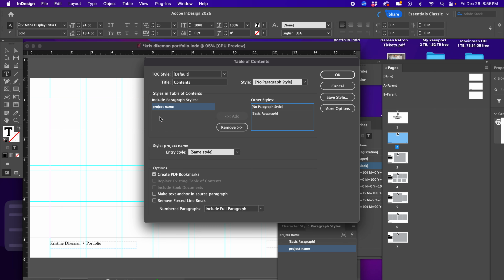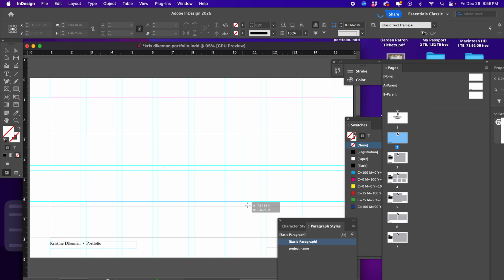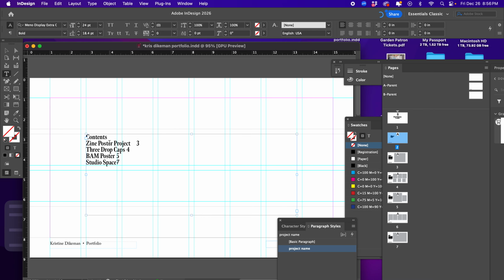So it's over here now. Now there's a lot of other really super technical stuff that we don't have to worry about. I'm just going to hit OK. Now look at my cursor. Do you see that there's text loaded into the cursor? I am on my grid. I'm going to make a box. And there it is. So I have contents, and I have Zine Poster Project, 3 drop caps, BAM Poster 5,